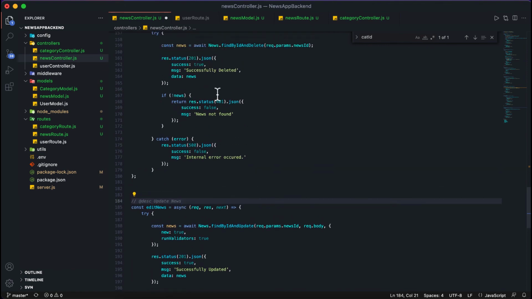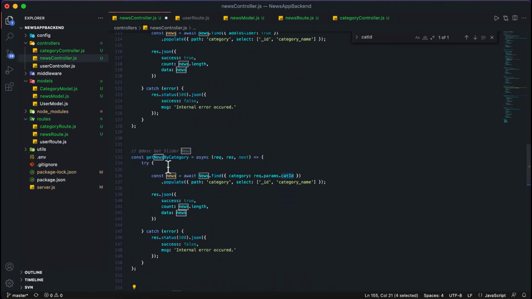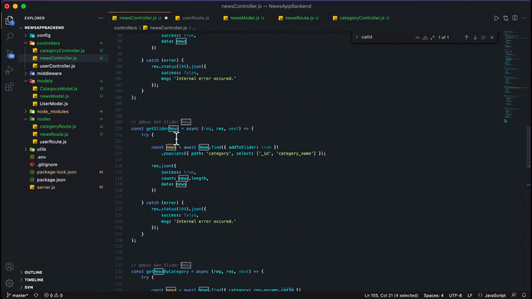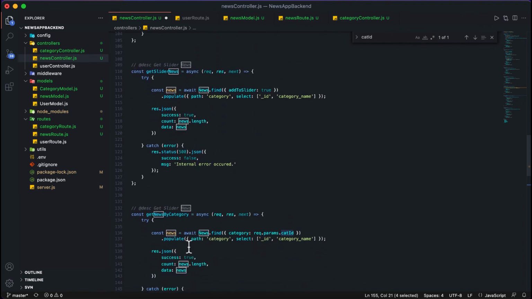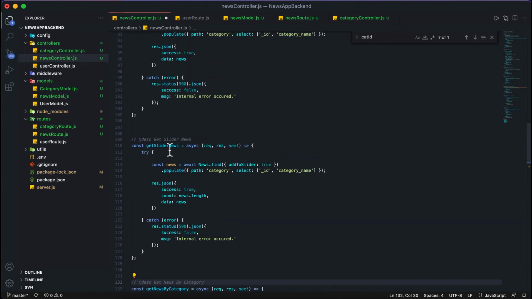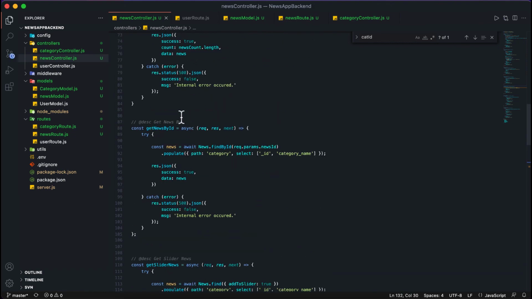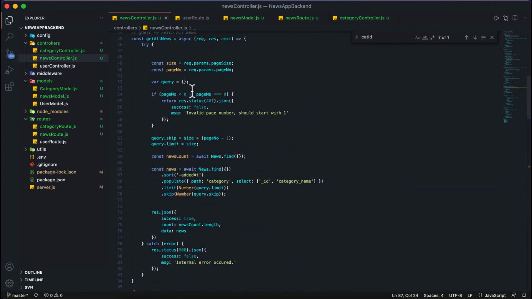We updated one news, we deleted news, we fetched all the slider news. This is where we fetched news by category, so we will add get news by category ID. Then we added the slider news API, then one get news by ID. Then we fetched all the news.